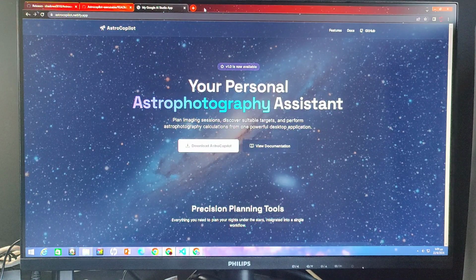Hey guys, so as you all know from previous videos, I have been working on an application called Astrocopilot, which is basically a multi-tool that helps astrophotographers better plan their astrophotography sessions. And the real benefit of Astrocopilot is that because it's compact, meaning you can have all the tools together, there won't be a need for astrophotographers to search the whole internet in order to calculate something or find a valuable